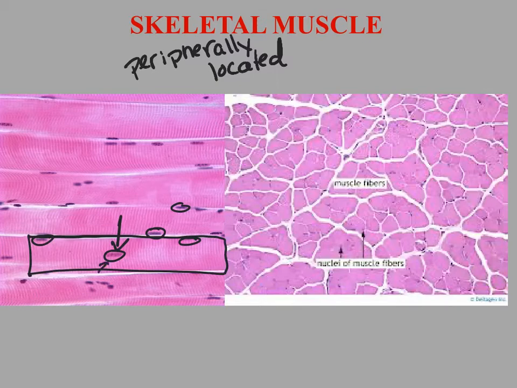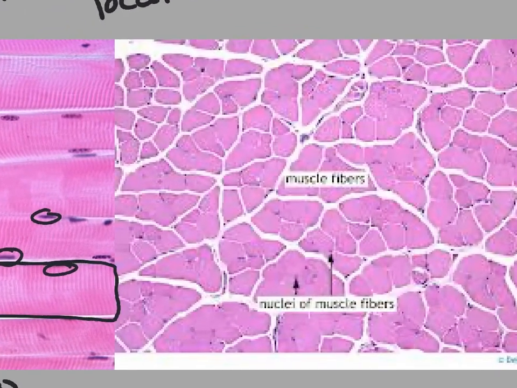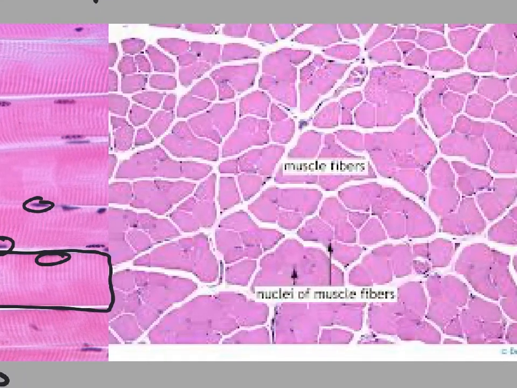So the nucleus is actually on the surface, but you don't really have any depth perception. So this is a longitudinal view of skeletal muscle underneath a microscope. But if we were to look at skeletal muscle in cross-section, you see it very differently. And I know that we've lost some resolution converting this to a video, but you'll see this underneath the microscope